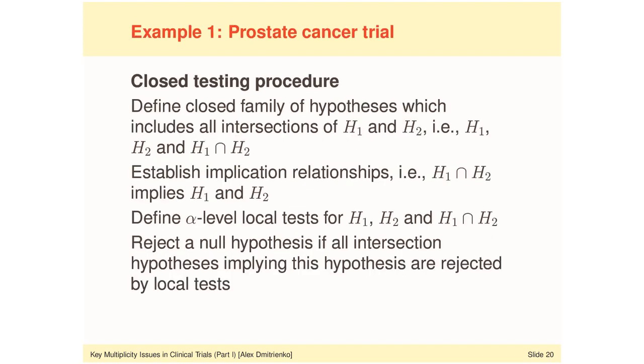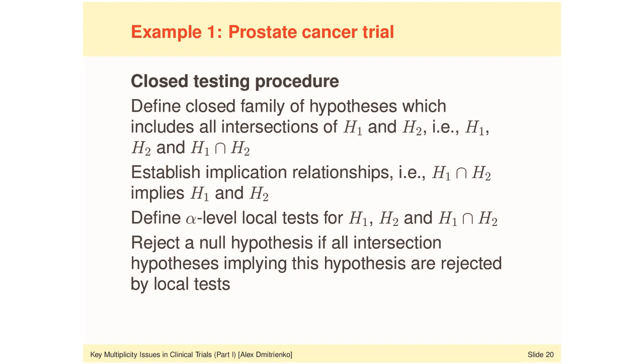This is the process that we go through to set up a closed testing procedure for the two null hypotheses tested in the prostate cancer trial. And by the way, I say a closed testing procedure because we can use this general recipe to build multiple procedures. The algorithm may look a bit complicated at first glance. I would like to point out that I will show you that in most cases, full-blown complex closed testing procedures based on this algorithm actually have a simpler, attractive stepwise form, but in the general case, we have to go